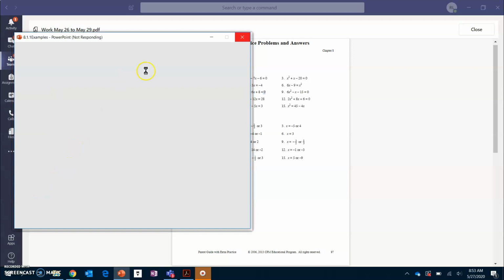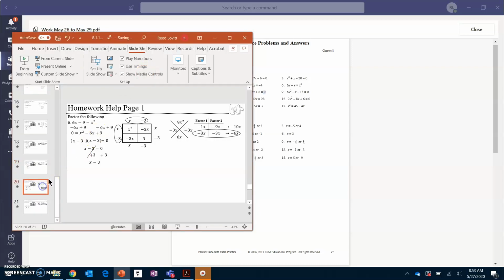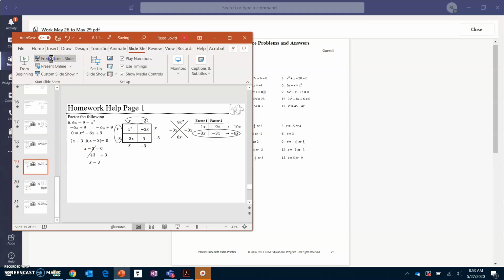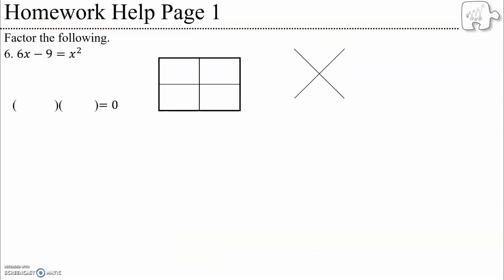Just give it a second here. Looking at this problem, we see that there is